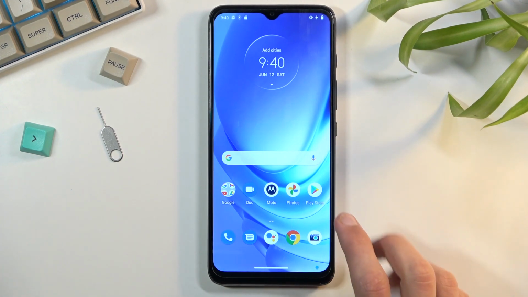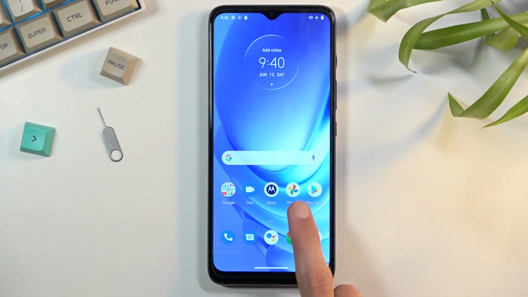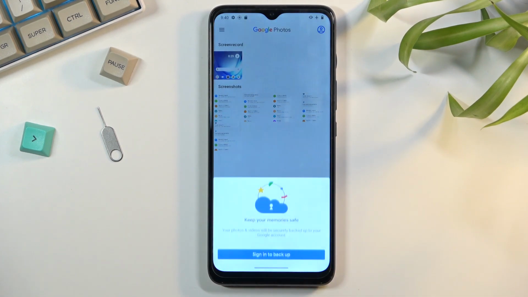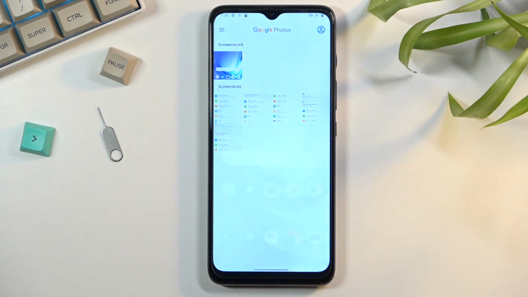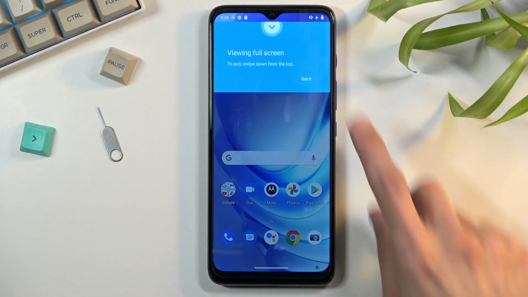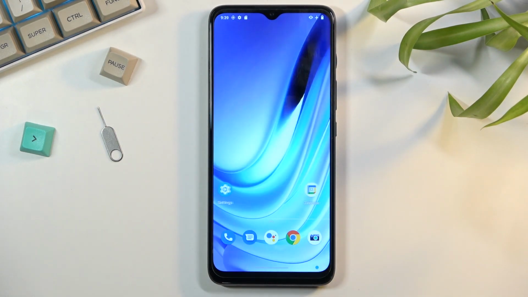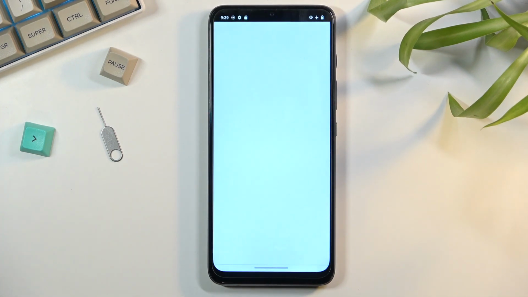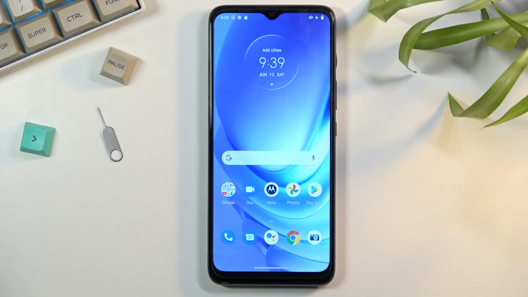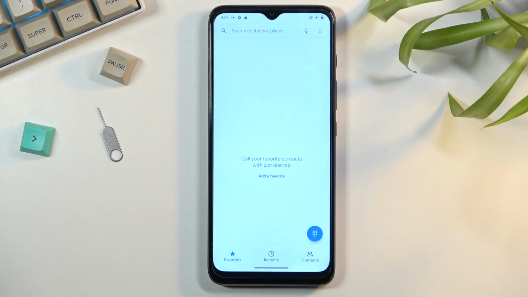Now going back to the recording that I've captured, you can find it in your Photos application. And as you can see, it's right at the top right here. And select, got it. And it's already playing, so I'm just gonna let it run through. So, as you can see, this is how you would record the screen on this phone,